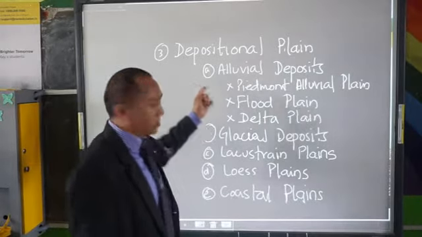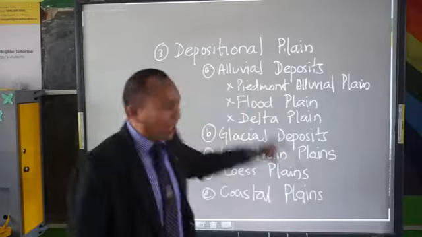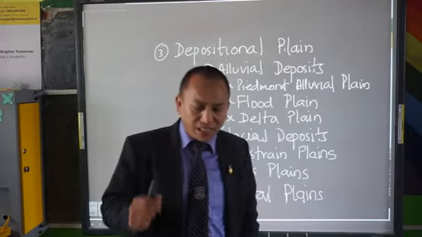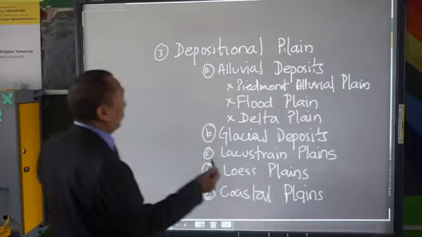Okay, so let's see the examples now. Depositional plain. The first one is an alluvial plain. Alluvial plains are basically plains which are formed